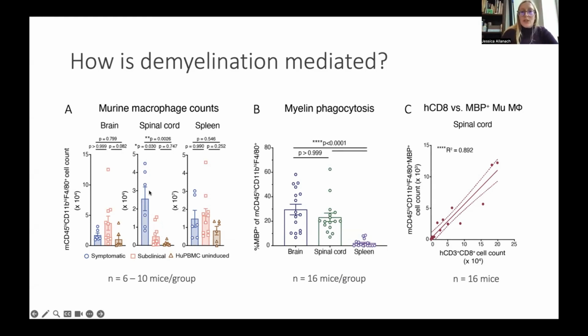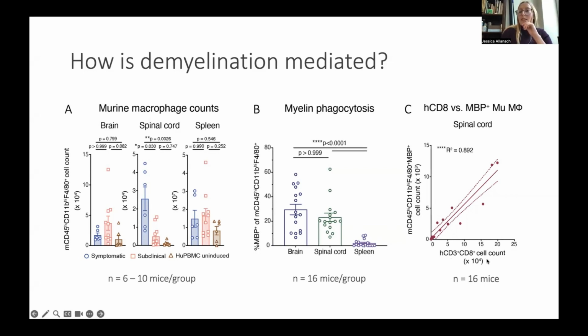So there's much more murine macrophage involvement. And then if you look at which proportion of these infiltrating murine macrophages actually contain myelin, indicative of their phagocytic capacity, it's much higher, as expected, in the spinal cord and brain than you would expect in the periphery, where there is no myelin. And this number of macrophages that have phagocytized myelin correlates very strongly and specifically with the number of human